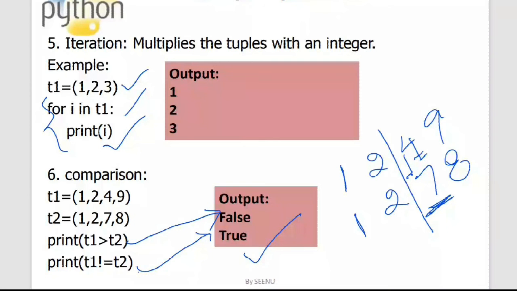But here we are checking if one number doesn't equal, what it is saying is that both the sets are not equal. So the not equal operation on the tuples will return true when they are not equal, and it will return false otherwise.